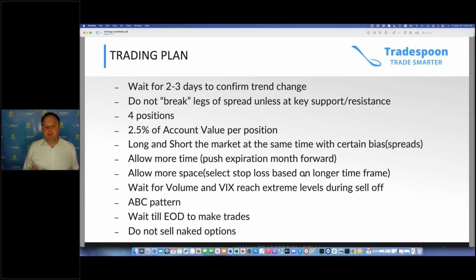It's very important to have a trading plan, right? Everywhere we say, 4 positions. If you're new to trading, I propose 4 positions, 2.5% of account value, right? And you go through the calculations, and we do this in live trading, to make sure you're never down more than 2.5% by looking at these support and resistance levels. So we go over that in the live trading room every day, right? It's great educational content to help you learn to become a disciplined trader, right? A confident trader.